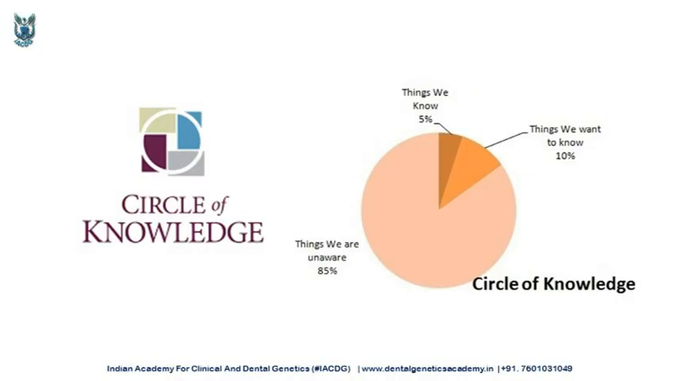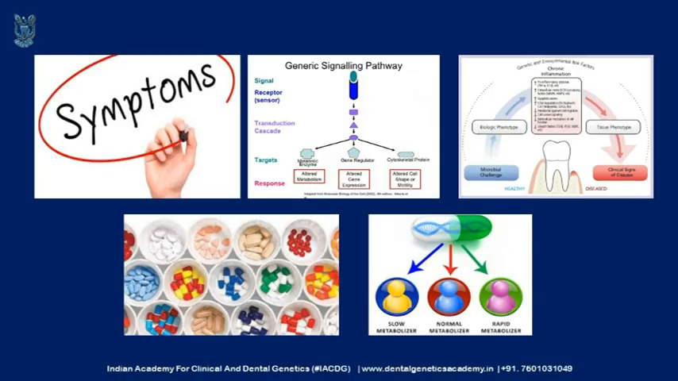Well, talking about our knowledge, if we want to complete the circle of knowledge, we actually need to explore the unaware 85%. Yes, the things that we know very well are only 5% of our knowledge, and what we want to know is 10%. So, in a similar way, if we try to understand a disease, a pathology, or a physiological process as a whole and complete the circle of that knowledge, we need to